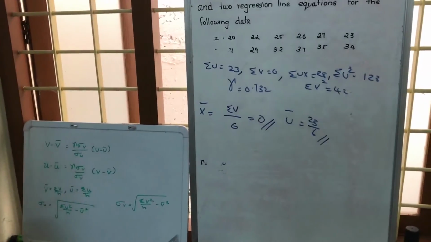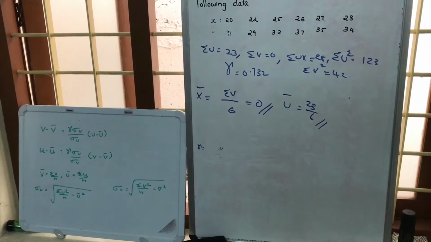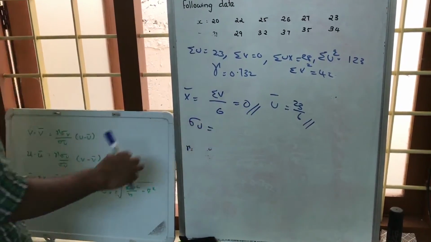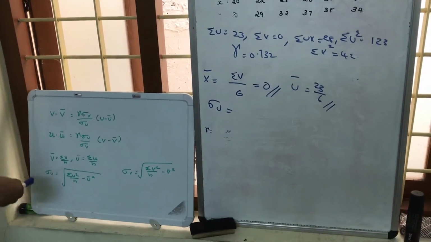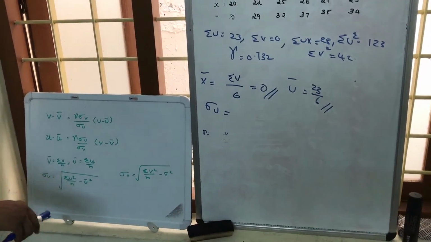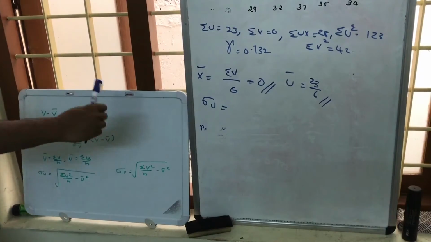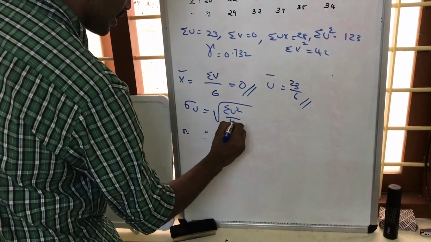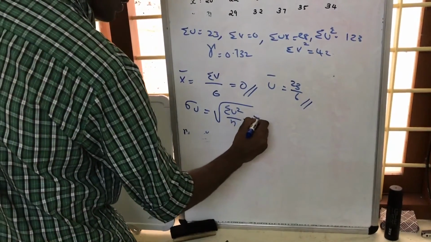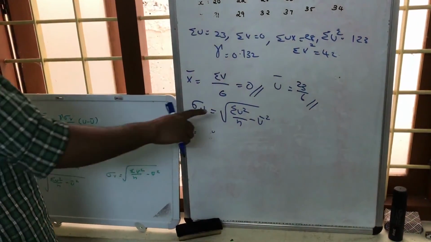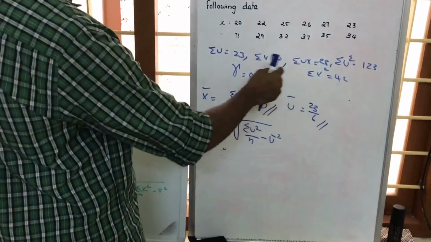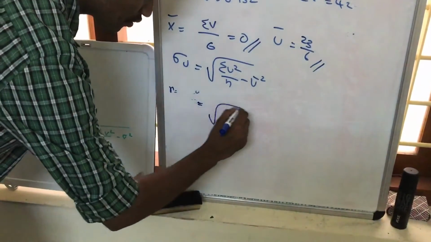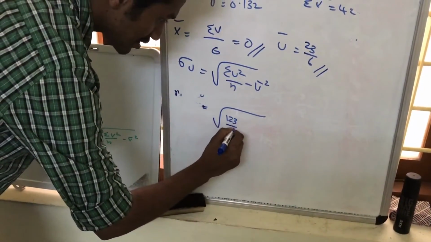Similarly, now we will go for this sigma U. Sigma suffix U is the standard deviation. That is equal to root of sigma U square divided by n minus U bar the whole square. So sigma U square we have already found is equal to 123. So that is equal to root of 123 by 6 minus